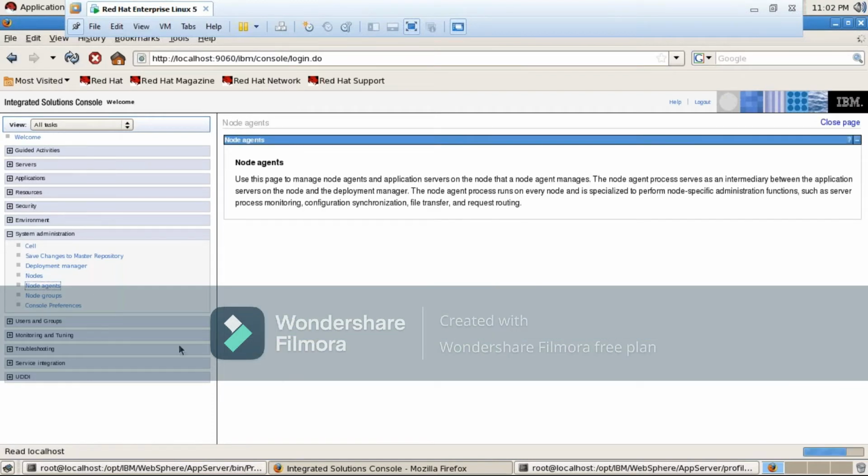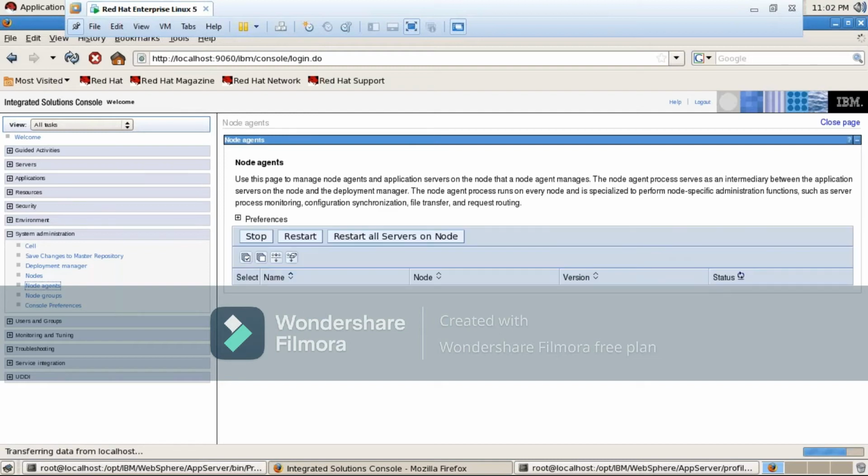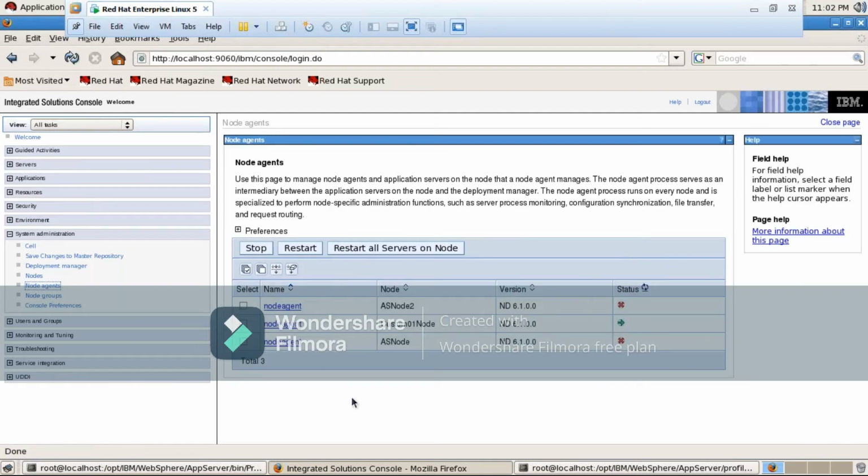So if you click on node agents, those are the node agents. Okay, and now from where you can start the node agent?